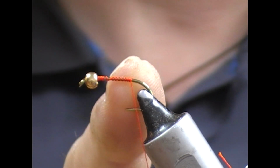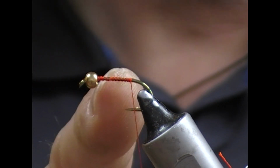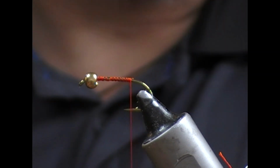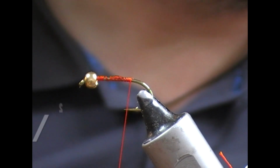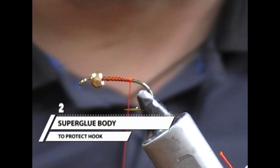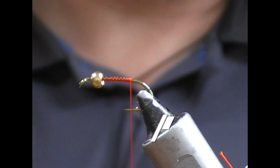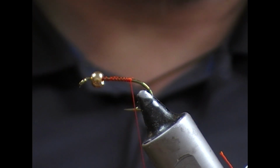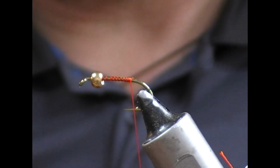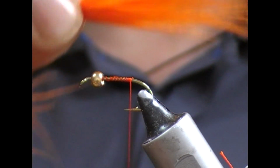Now what you can do if you want is to build this up and secure it at the front so that the bead does not move, but I'm going to try and do that with the tying as we go. So very simple fly. Tail, I'm going to use an orange marabou. In other videos you've seen where I use the tip of a feather, so you can do that if you want,